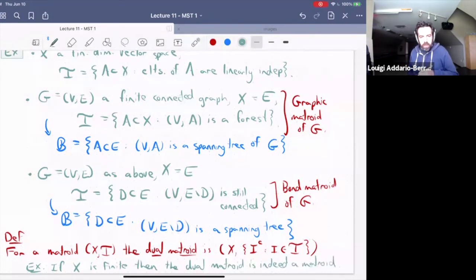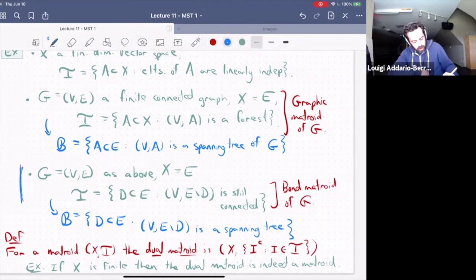Okay, that might also be true if the ground set is infinite. I just haven't thought about it carefully enough. But it's certainly true for a finite ground set. And implicitly there's also an